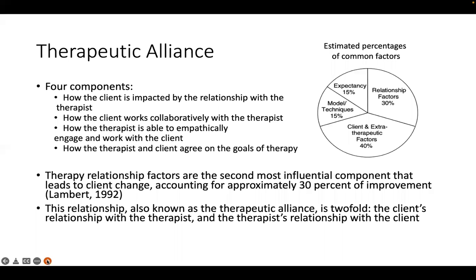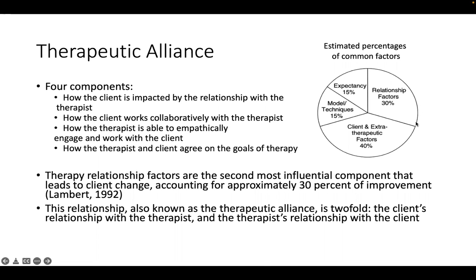So here's how the therapeutic alliance, or the percentage of the common factors, kind of plays out. If you look at models and techniques, that accounts for 15% of outcomes. So the specific ingredients of the theories. Expectancy basically means, do I believe that therapy will work for me? So that attitude coming in of believing in the process, having that buy-in. And then the relationship factor.